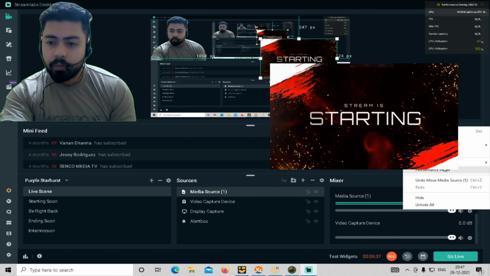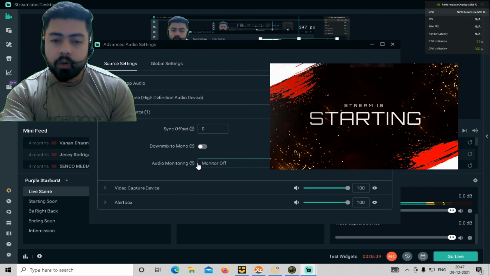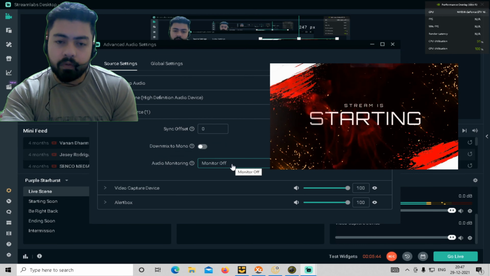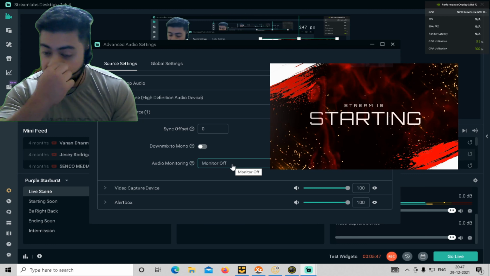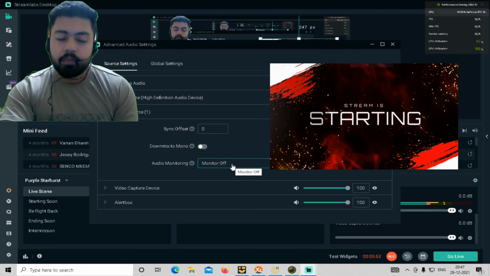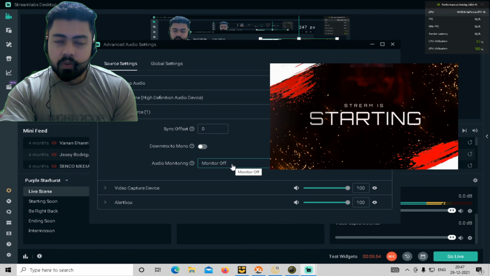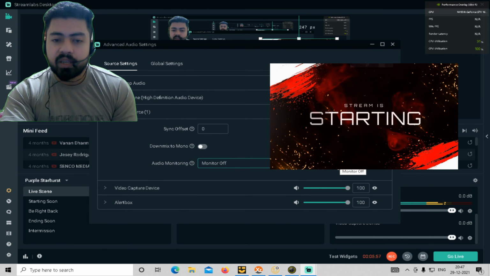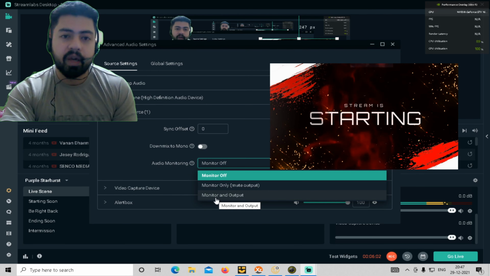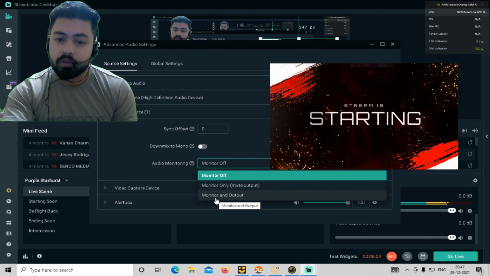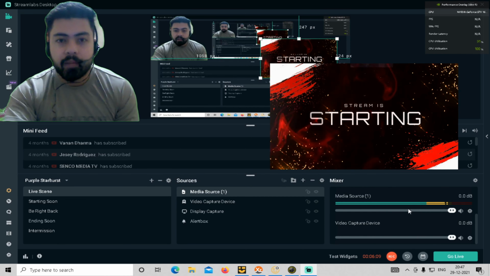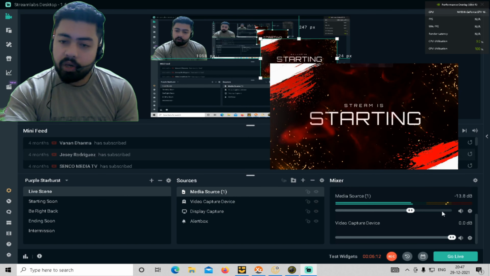Okay, just go to properties and audio monitoring. So it will be set to default, it will be set to monitor off. This will be the default thing that will be set in OBS Studio and in Streamlabs. I'm telling you beforehand that it will be same in both of those streaming software. So you will just have to do this. Just click on monitor and output, and you will be able to hear the audio playing in the video. As soon as I click on this, see, you can hear the media source. Your viewers will also be able to hear the media source,